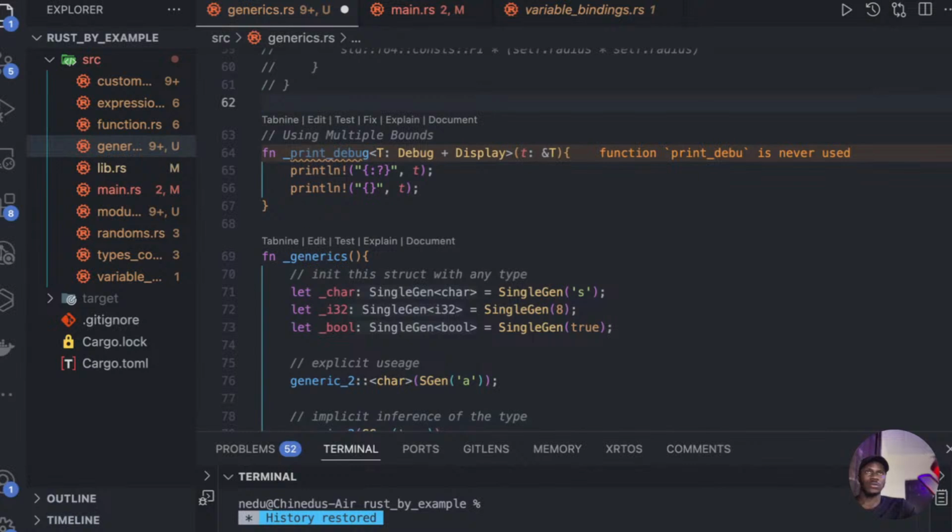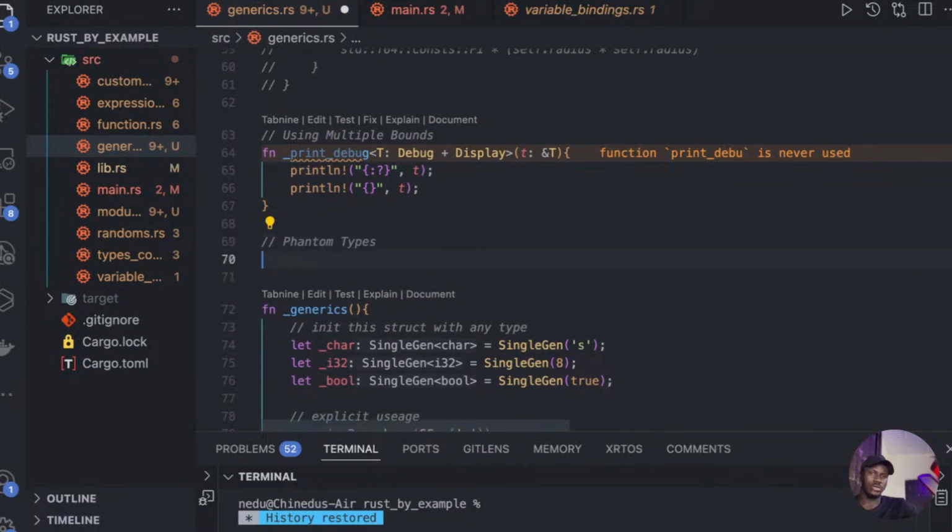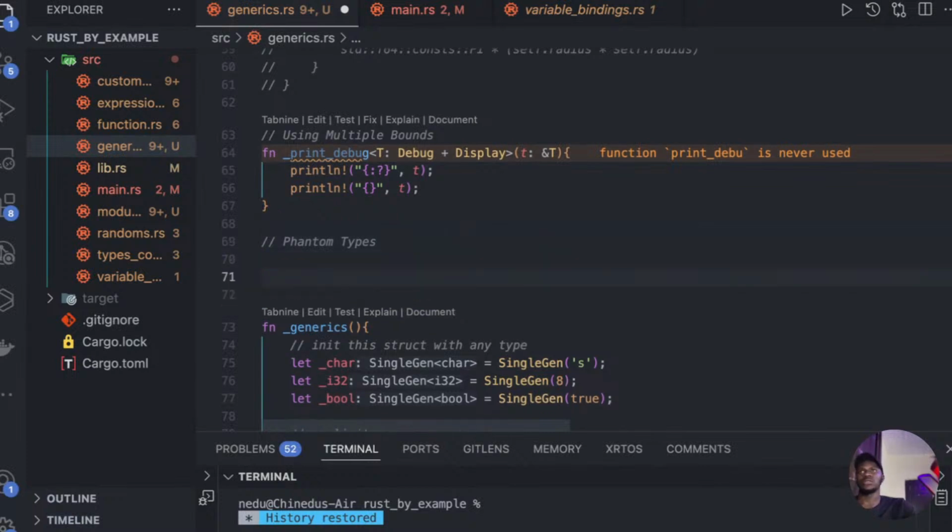So next, we're going to talk about phantom types. This is not something that a lot of people talk about in the language. It's not something that you get to use every day. I just felt it was important to add it in the stream. I would have actually just ignored it and moved on. But